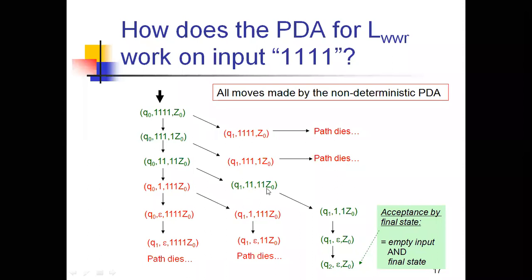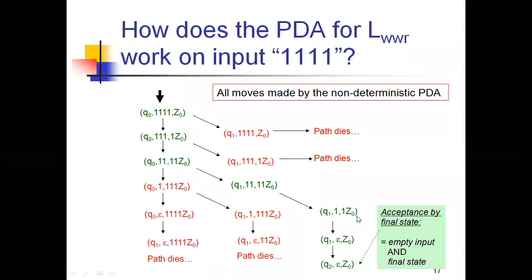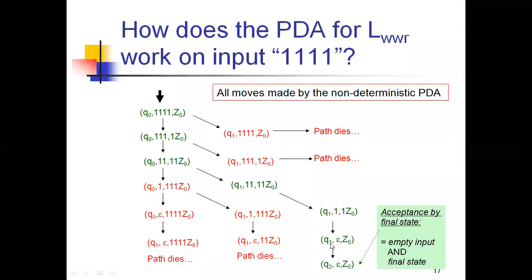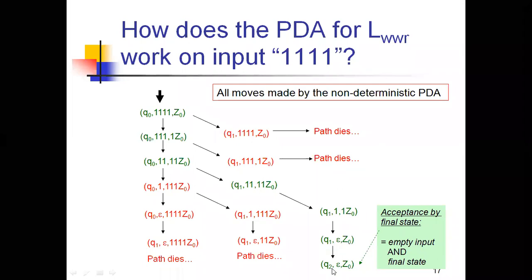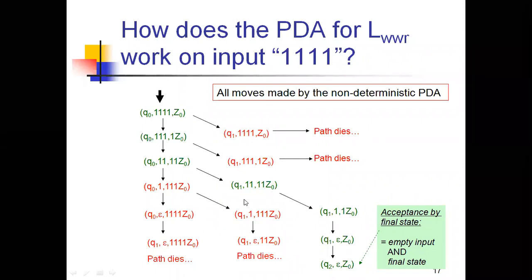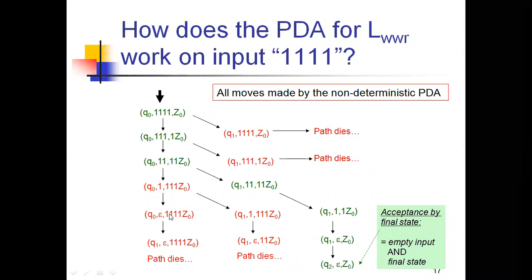My stack and my input alphabet contains 1 1 z naught. Now this is also pushed onto the stack. Then q1 1 1 means again you need to pop, this becomes epsilon, then epsilon z naught. So finally q1 epsilon z naught means q2 epsilon z naught or q2 z naught. So it is acceptance, it is acceptable. So here itself you need to do the pops, here itself you need to do the popping.